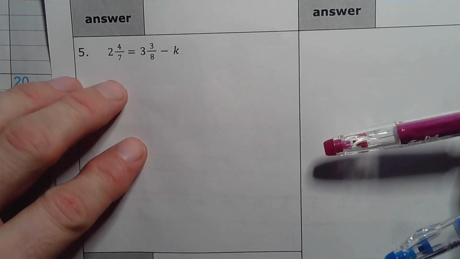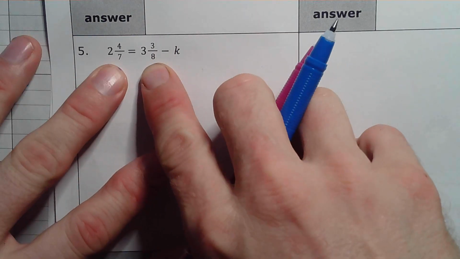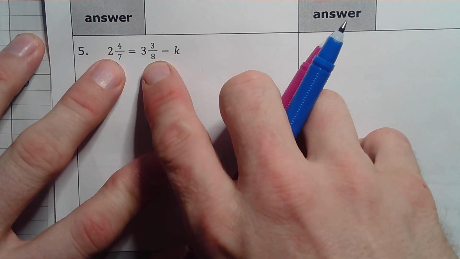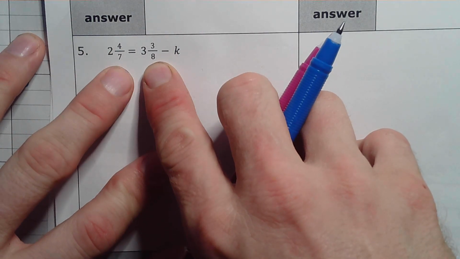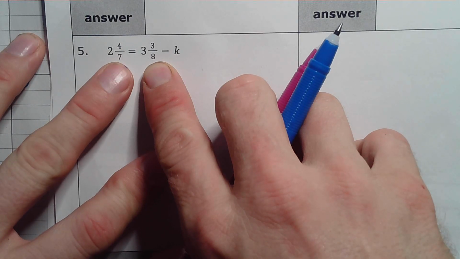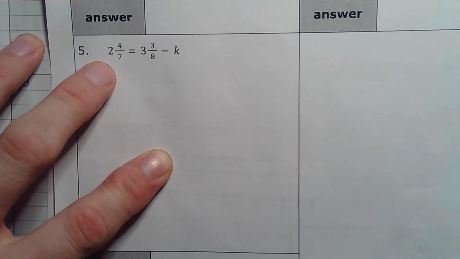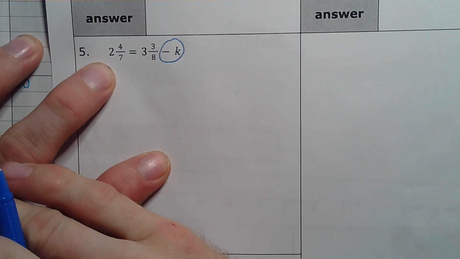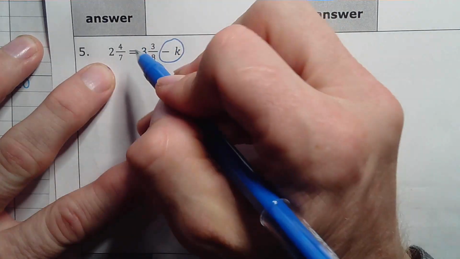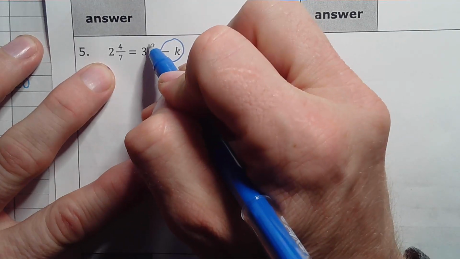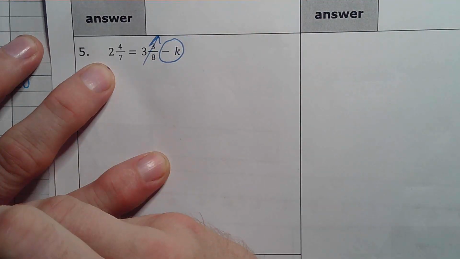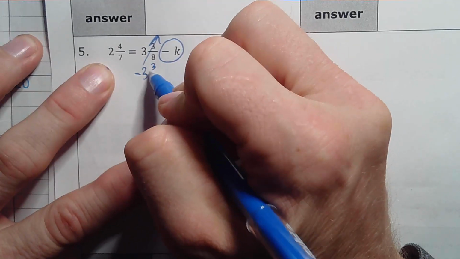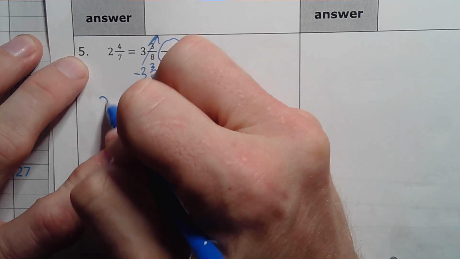We got this one, and I can tell already that I'm going to have to subtract or add two terms that have a different denominator. So let's go ahead and take a look at this. First, I need to isolate my variable term. So I'm going to get rid of this one on my variable side expression. So I'm going to subtract 3 3/8 from that side. So it's going to be 2